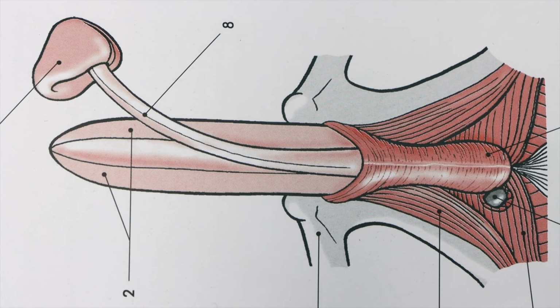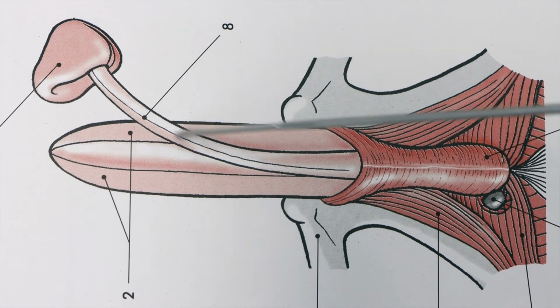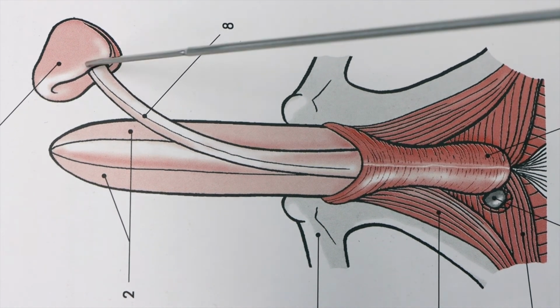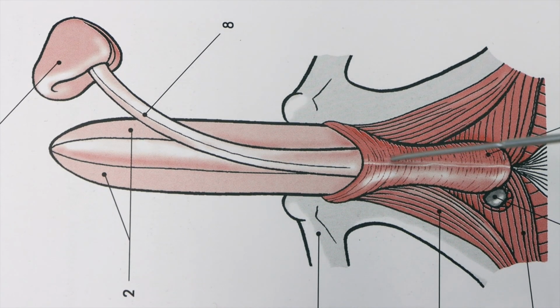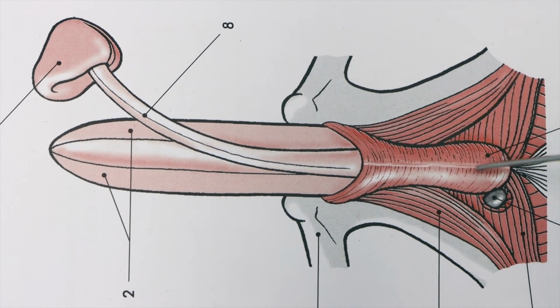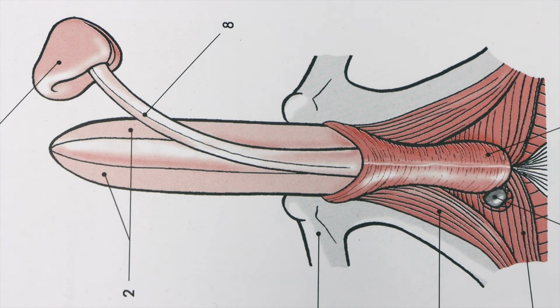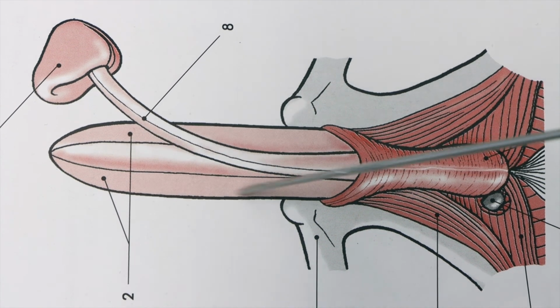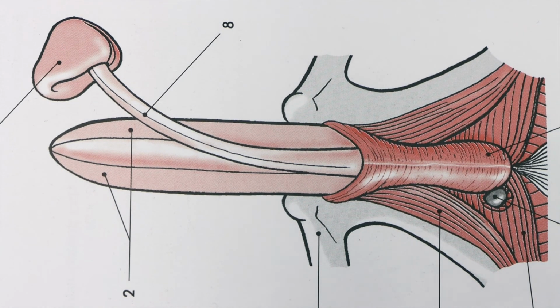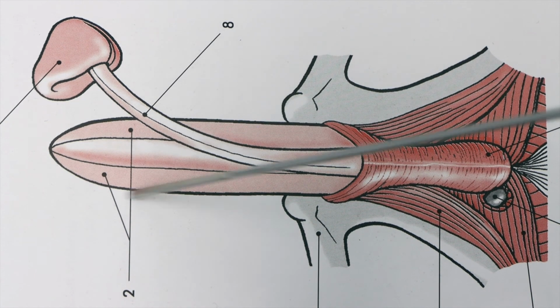So here is another picture of the external genital organ of the male, which is the penis. Here you can see the glans penis, and here is the unpaired spongy part of the penis, which is called the corpus spongiosum. On the surface of the corpus spongiosum there is a muscle, which is called bulbospongiosus muscle. And here, vice versa, there is a paired structure called cavernous body or corpora cavernosa,